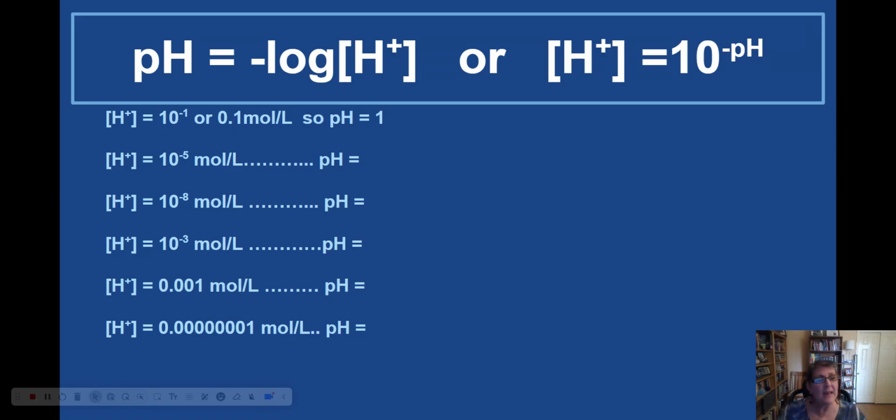Well, we need to put that in 10 to the format. So if we have 0.001, we're moving the decimal 1, 2, 3 places to the right. So that's the same as 10 to the minus 3. So the pH would be 3. Very good. And now what if I write H+ equals